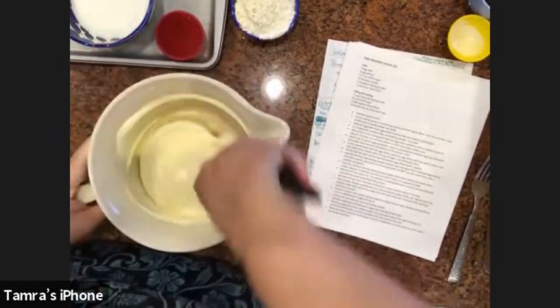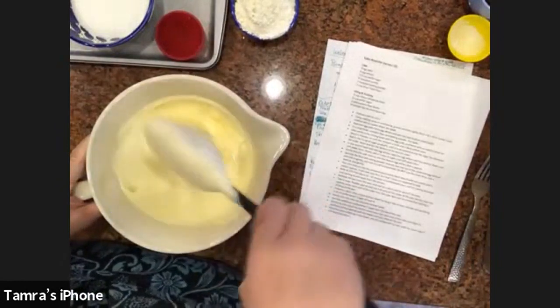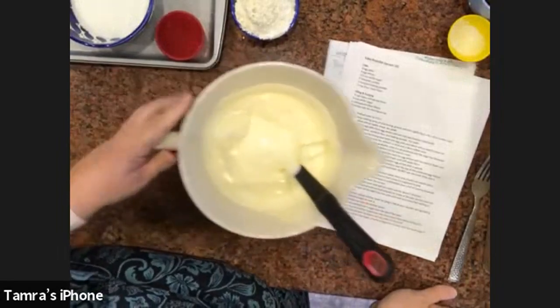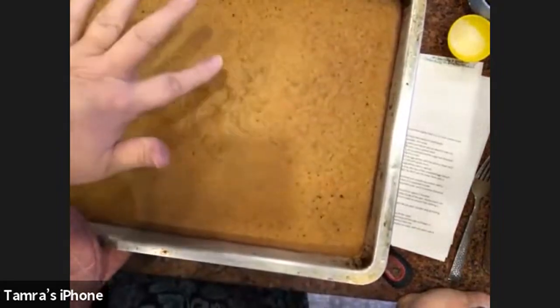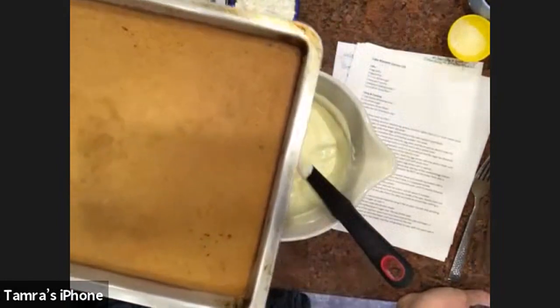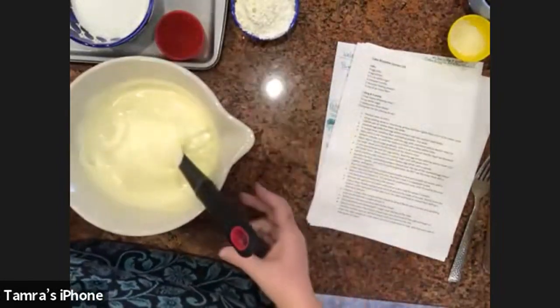So there you can see that. All right, you want to bring that over here. So our pumpkin roll has just come out of the oven, and just hold it under here. And you'll see that it's brown and it's spongy. So when you touch it, it'll kind of bounce back. So we're going to let that cool for about 5 minutes over on the side while we're finishing up the